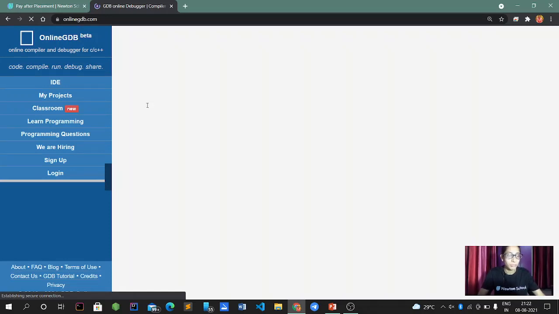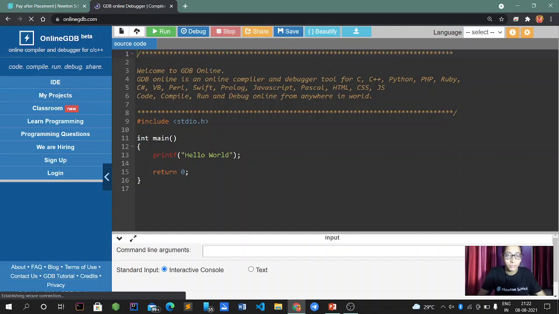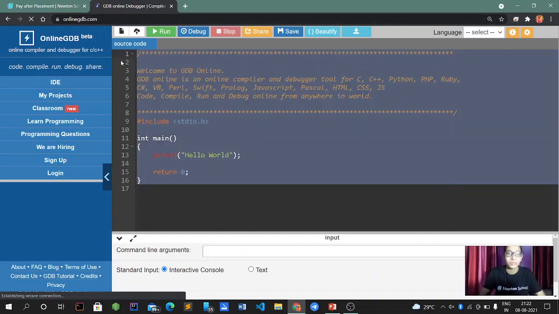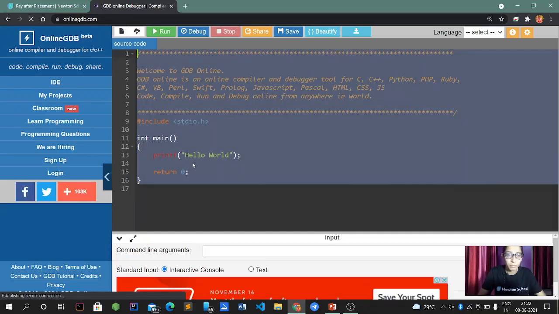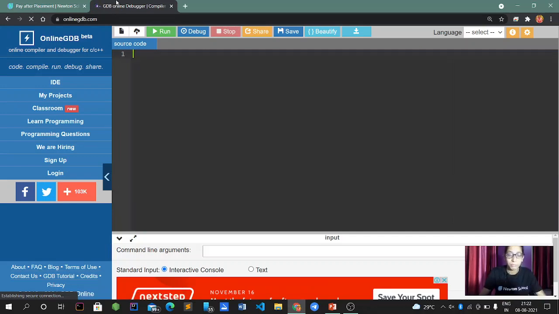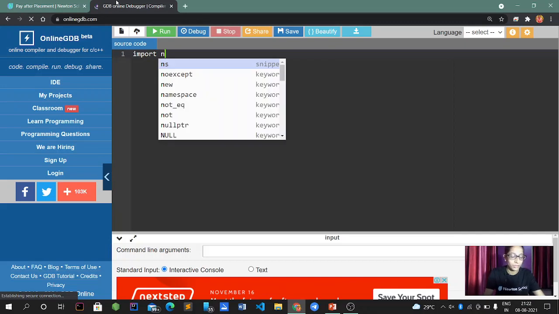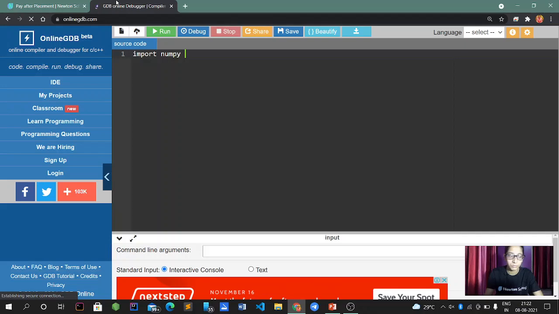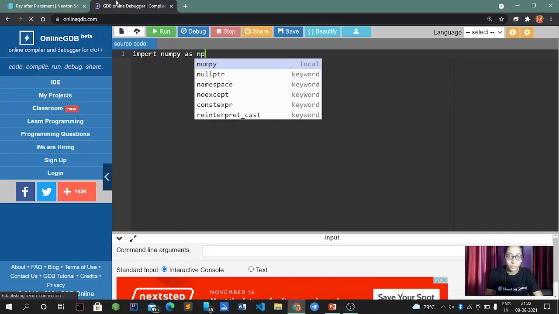Here I am using an online compiler today. The first program to be written is the simplest program. First of all, we will import numpy as np. This is the syntax to write NumPy programs.